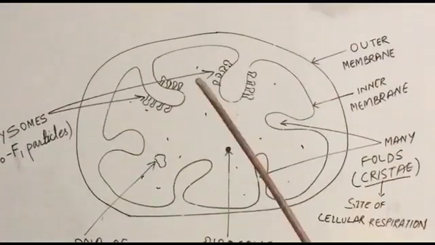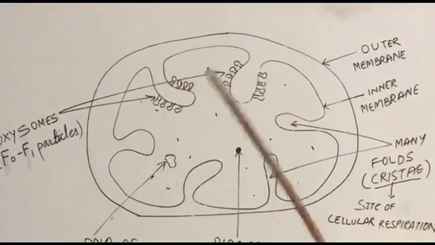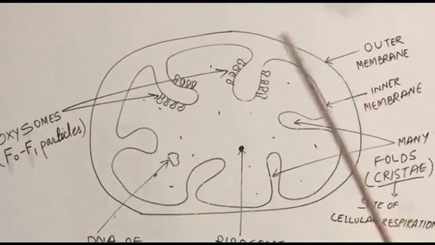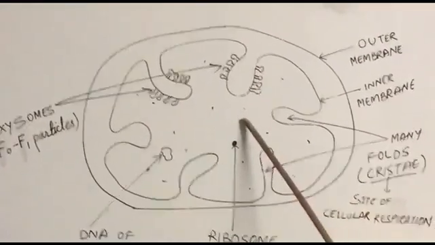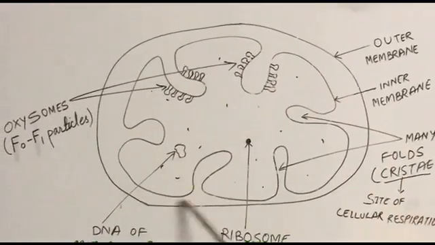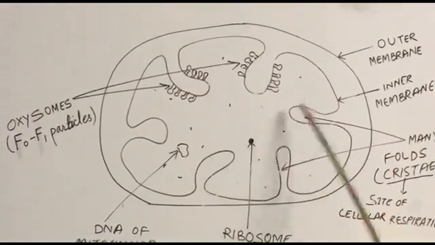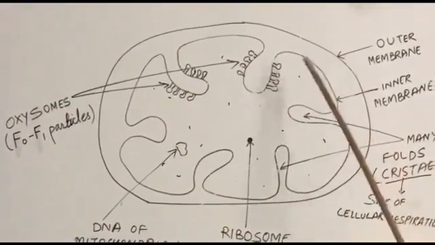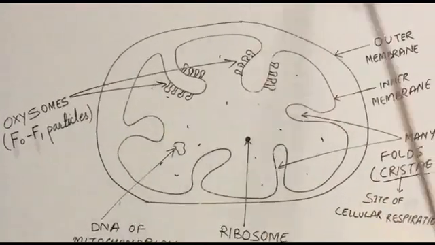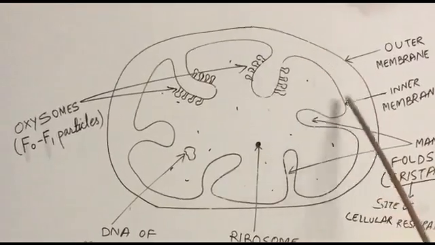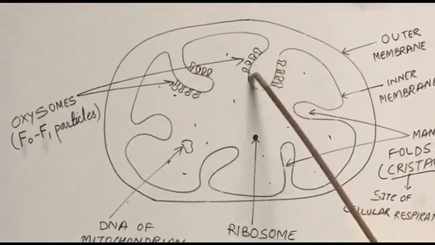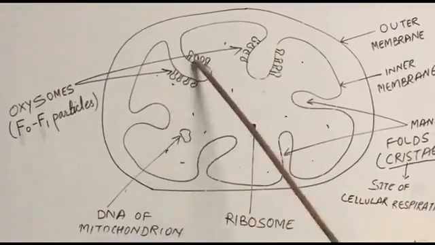Good morning, children. Let us have a revision of the previous class on aerobic respiration. Look at this figure. In this figure, one mitochondrion is shown. Outer membrane, inner membrane, that is, a mitochondrion is a double membranous structure. In the inner membrane, we can see many folds going inwards.